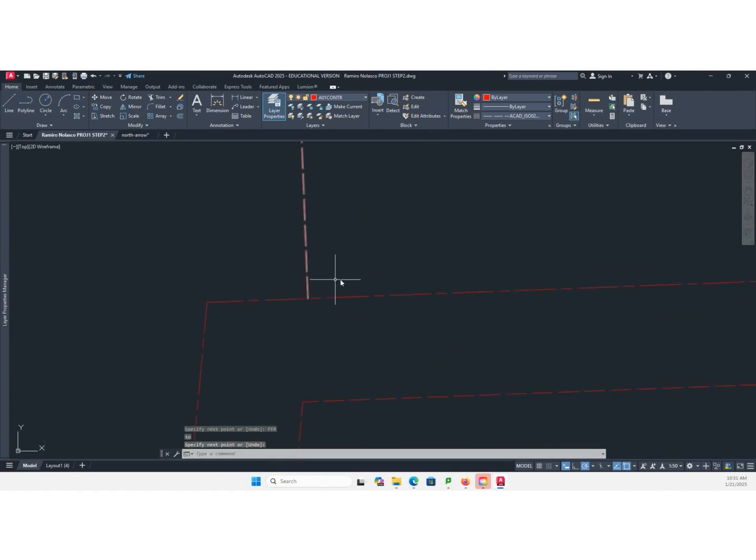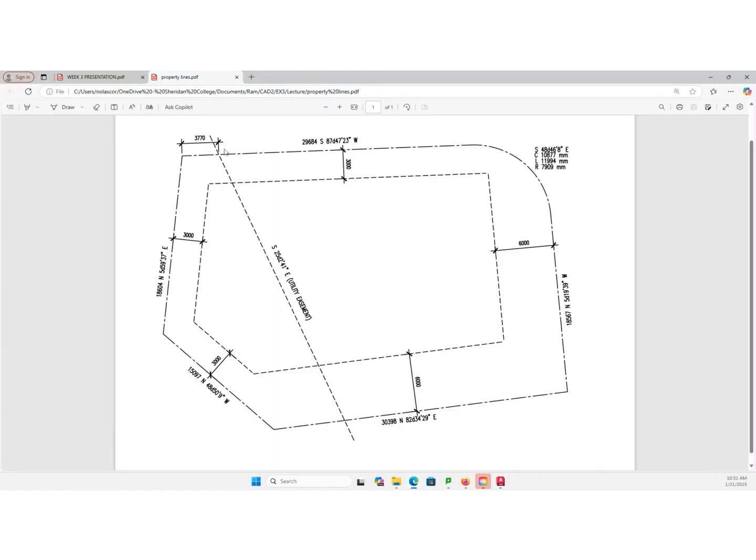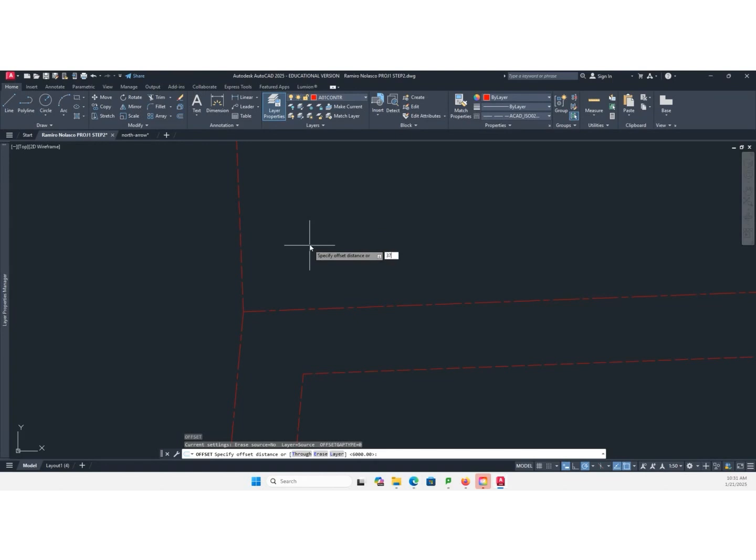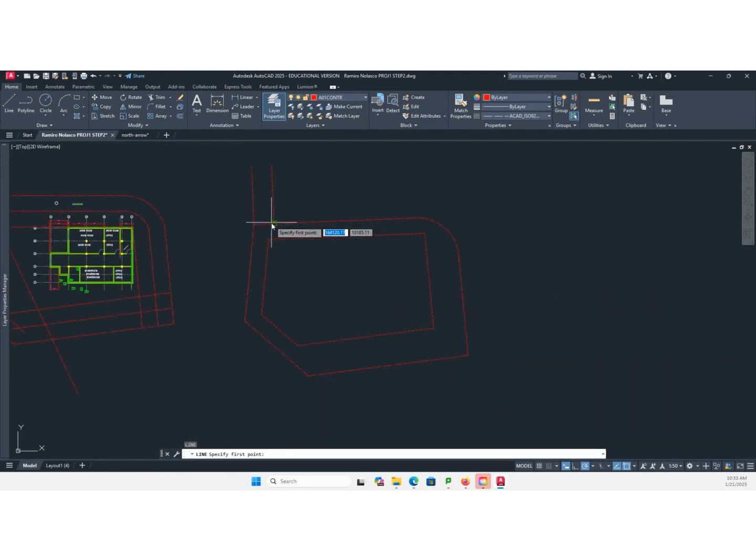Okay, that's 90 degrees. And then I'm going to move this to the end so that I can offset that by 3770. See, it has to be perpendicular. Otherwise it will not be 3770. I think I can click because the angle is already locked. So let me just type 40,000 here. That's much better. 40,000 and then less than.